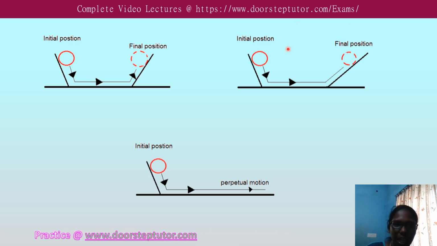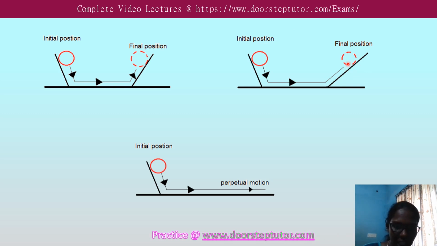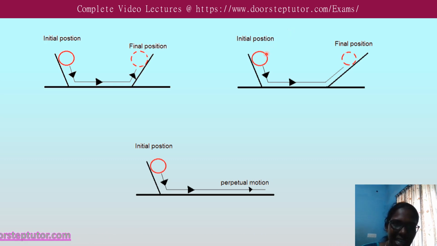But in the ideal situation, when the friction is absent, the final height of the ball will be the same as the initial height. And this experiment is again repeated by changing the slope. Here you can see that the slope of this second plane has been changed, and the experiment is repeated. The ball will still reach the same height, but by doing